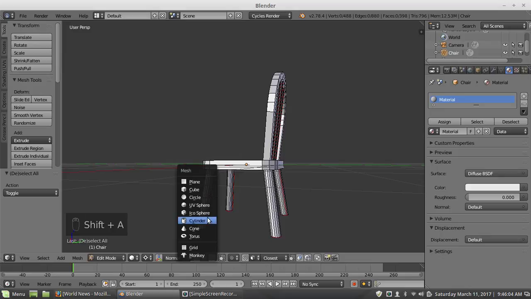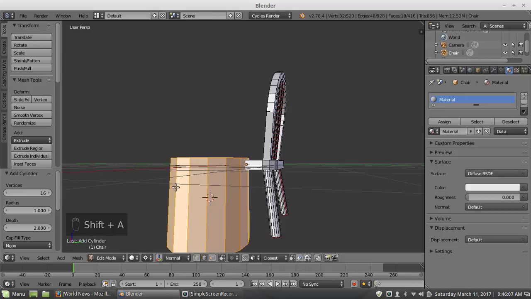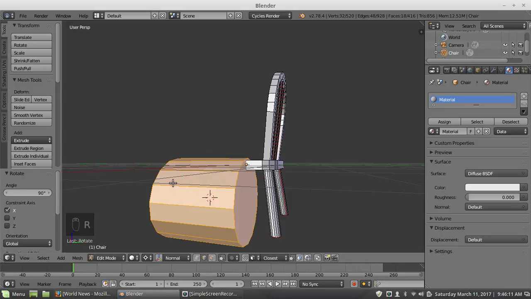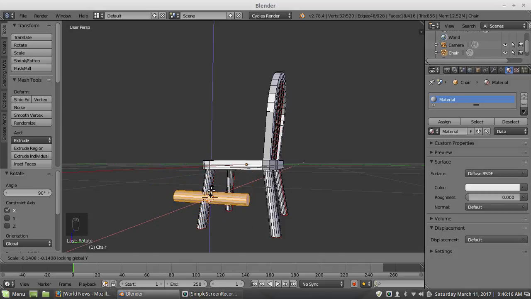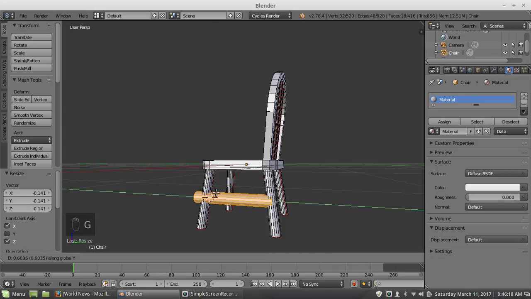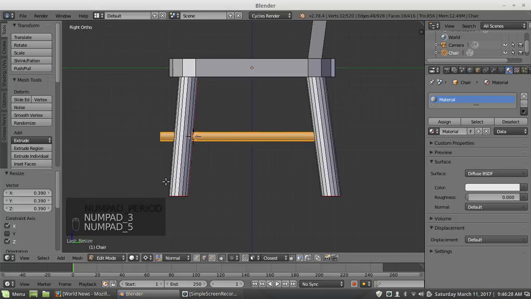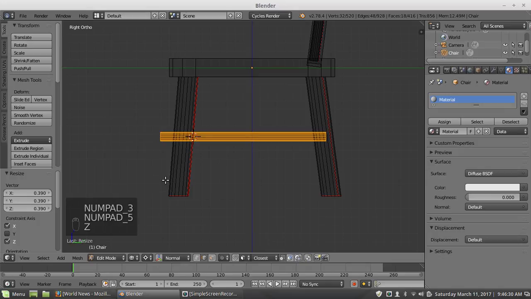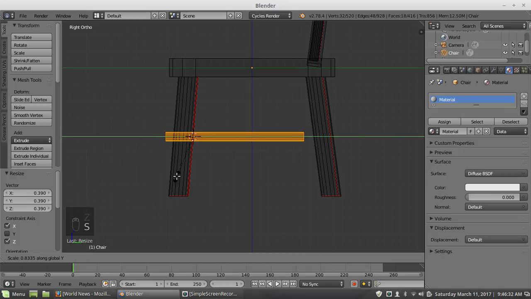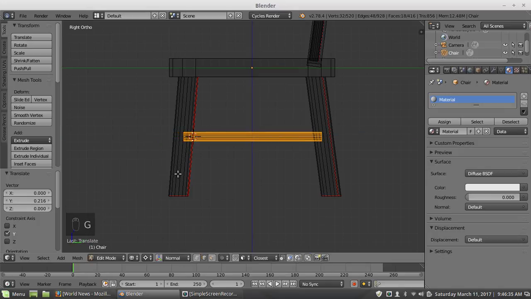So, time to add another cylinder. This time I am going to rotate it X 90. Scale, Shift Y, then like so.